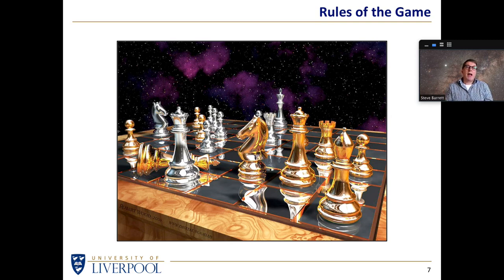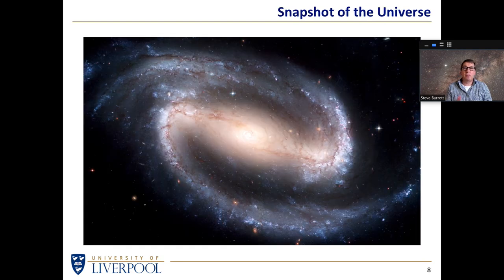Probably not. At best, we can work out that the game seems to be played on a board of some kind, and there are various pieces that occupy certain squares, and there appear to be two different colours of pieces, but there's no way to work out what each piece does based on a static picture. And similarly, if we look at a galaxy, we can't say what's going on from that single picture of a